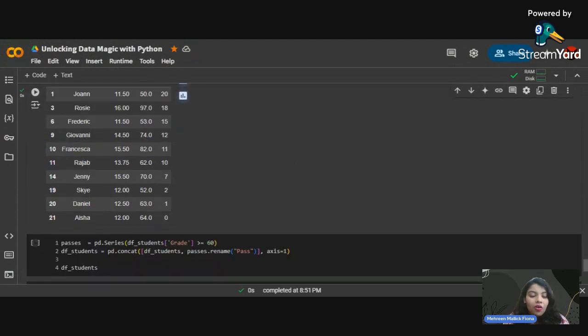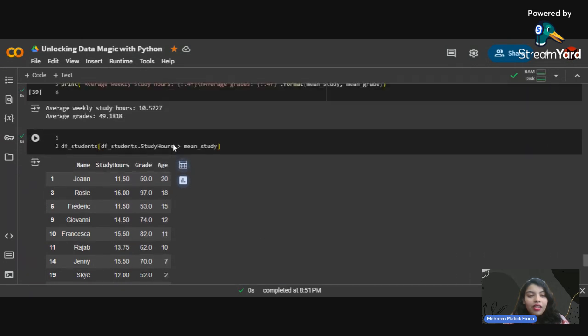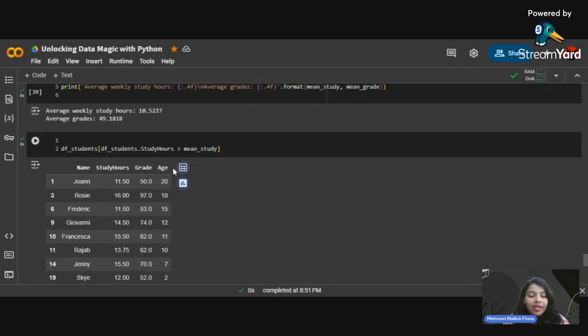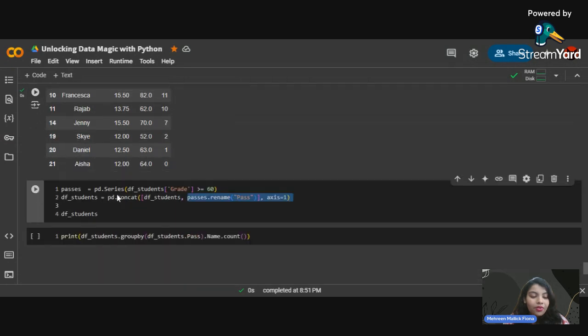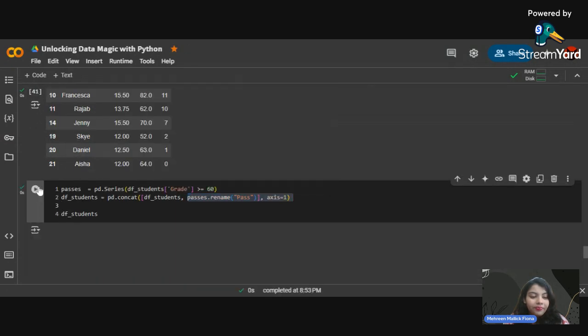I'm concatenating with concat, passing the data frame df students and the passes renamed as pass, and defining axis equal to 1 for the table header for naming purposes. So let's see what we get.